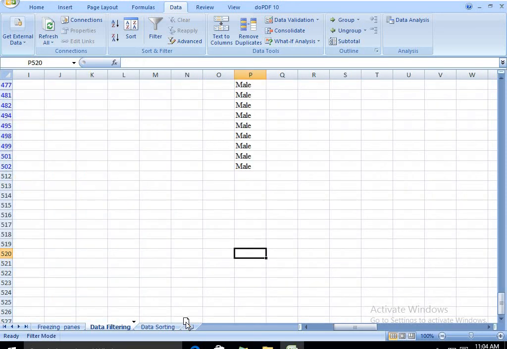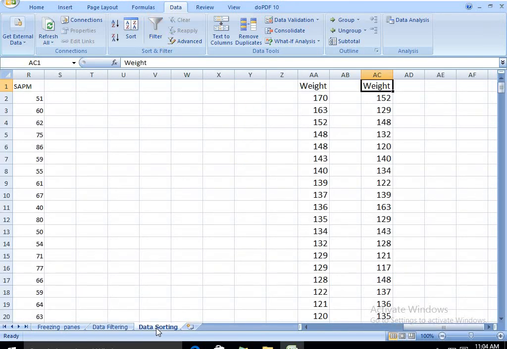So I am changing the filter sheet to the third one. So this is the way in which sheet ordering can be changed.